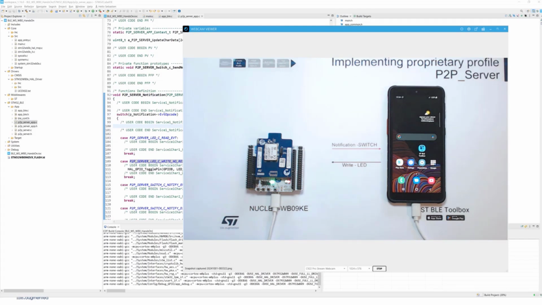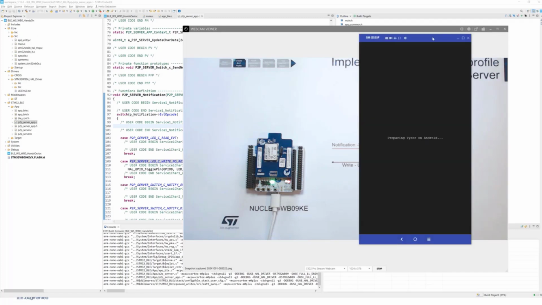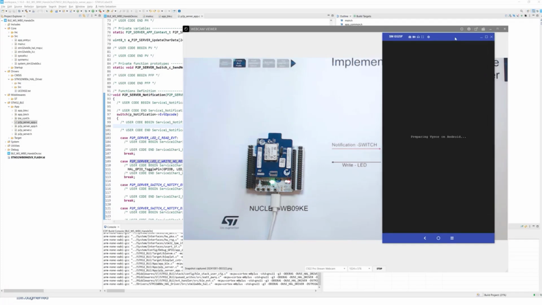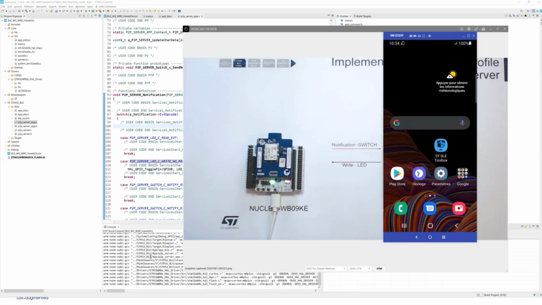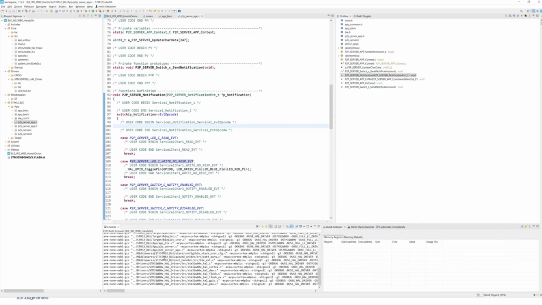In the meanwhile, for more visibility, I will mirror my smartphone. Okay, the build behind is ongoing. It can take a few seconds, especially the first time.